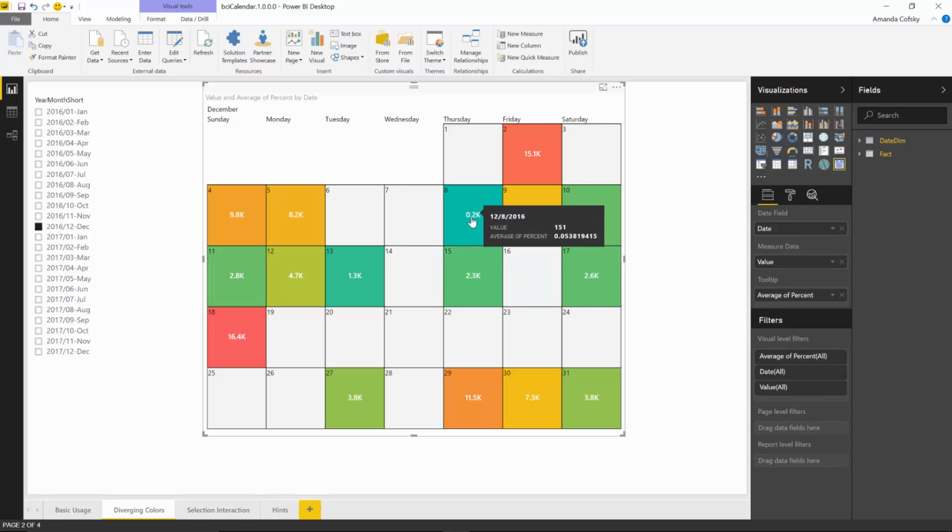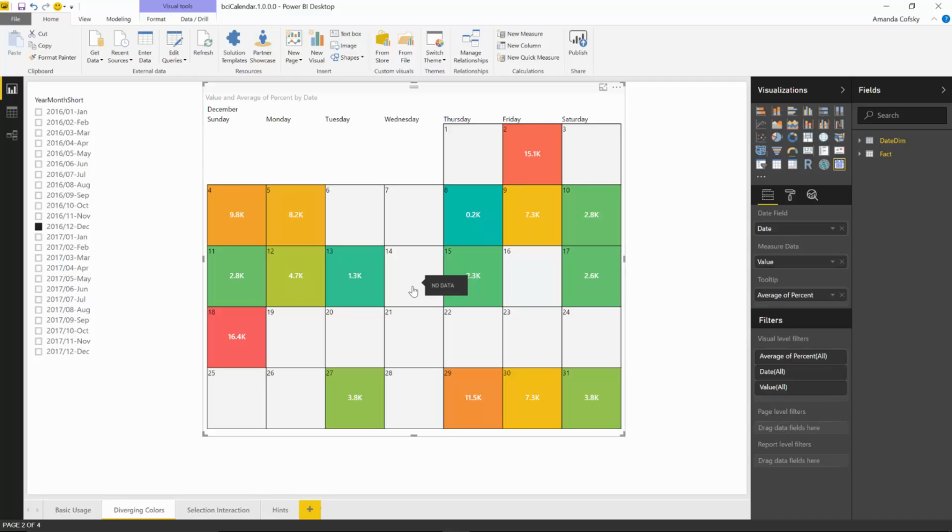And this visual is really good, like I said, for showing information across time, and it can be fully customizable as well in terms of the calendar. So if you want to customize it to match the standard calendar you use in your country, by default this is standard for how an American calendar would look, but if your calendar changes, like the order of the days or some other layout, you can customize that to meet your needs. And so make sure, if you do have a measure you're tracking across time, to consider using this calendar